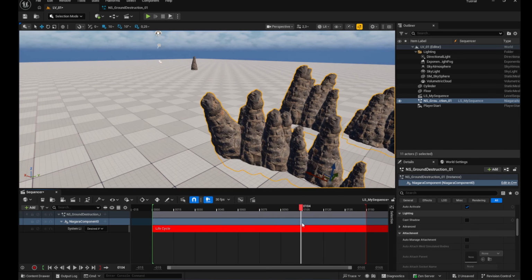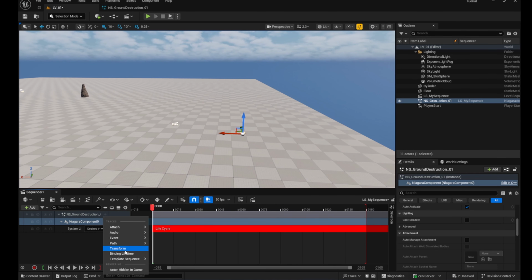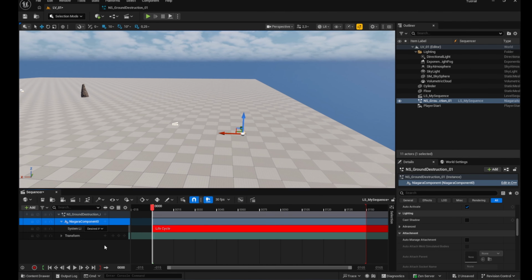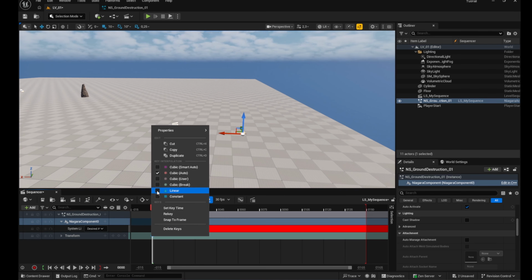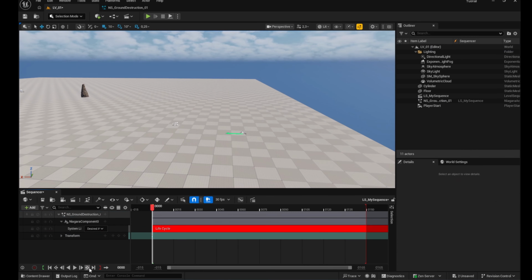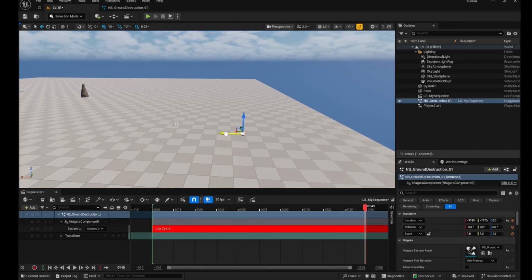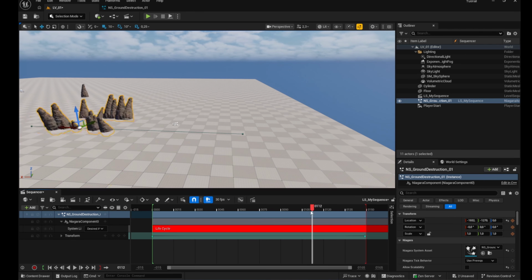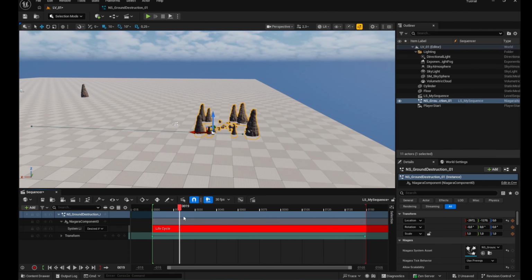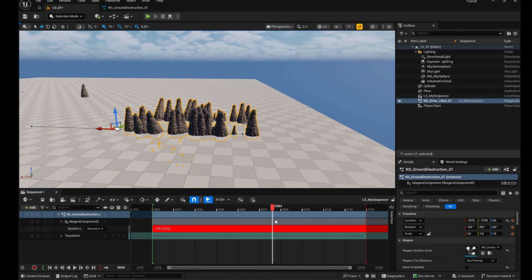I'm also going to add a transform track, and I'm going to keyframe the first position. I'm going to convert it to linear, and I'm going to move to the end of the sequence, move the Niagara system forward, and keyframe the second position. There you go. You might have noticed that the rocks are not colliding with the floor, and this is happening